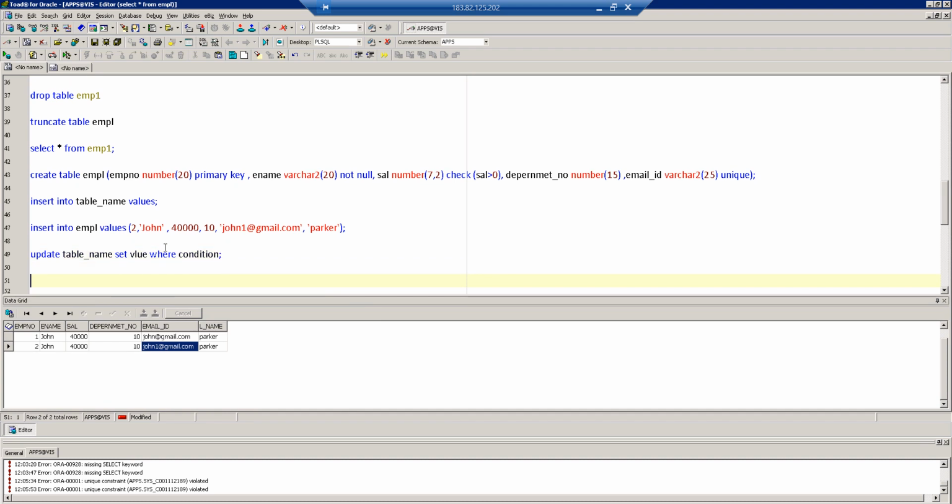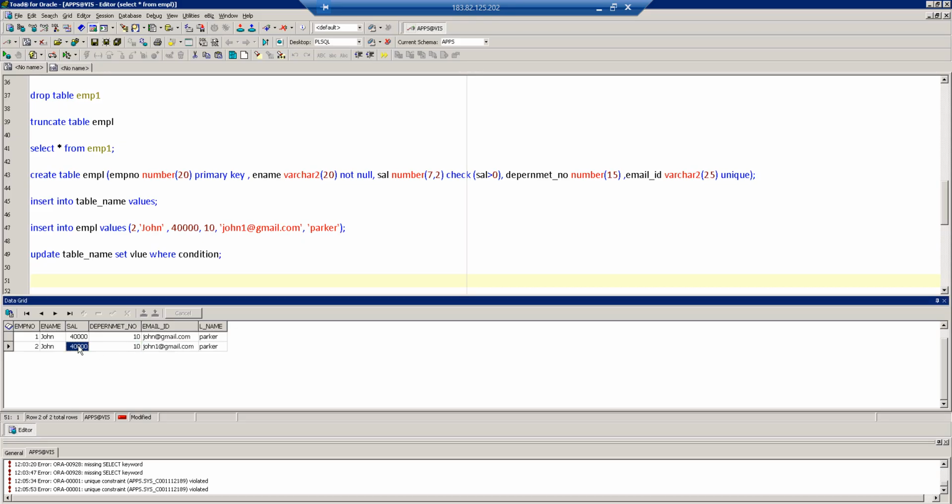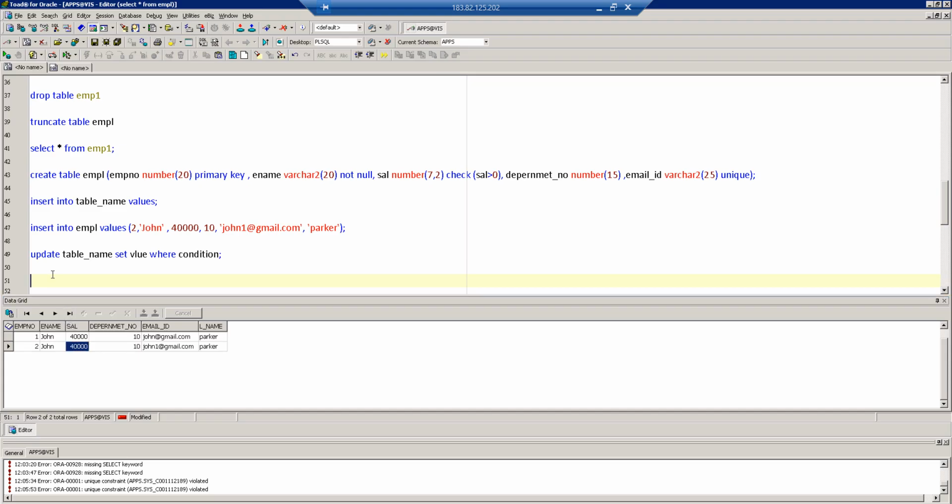You are seeing that there is employee number 1 and 2 and there is a repetition of the name John, the salary, and the department, but all of the things are the same except the salary, which is different. At that time we need to update this salary. So how can we update? We write update, then table name is EMPL, then set. What we need to set is the salary, so salary equals